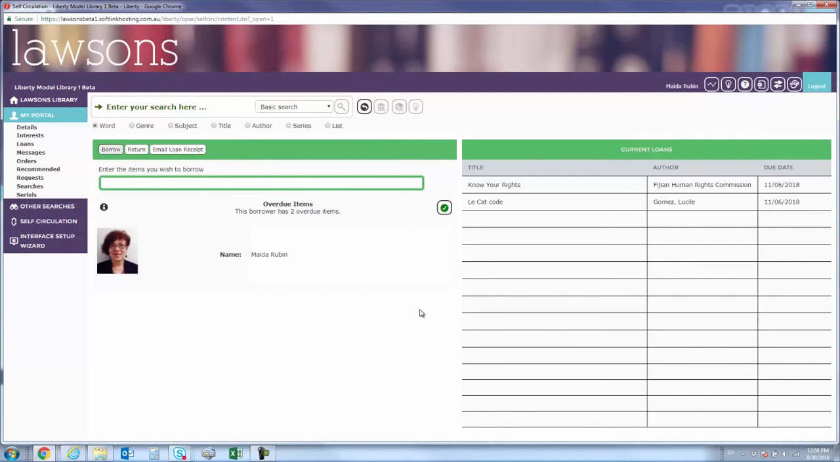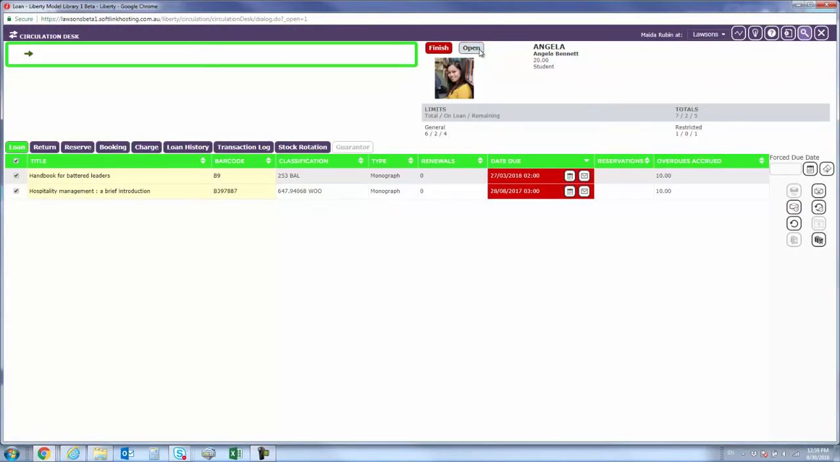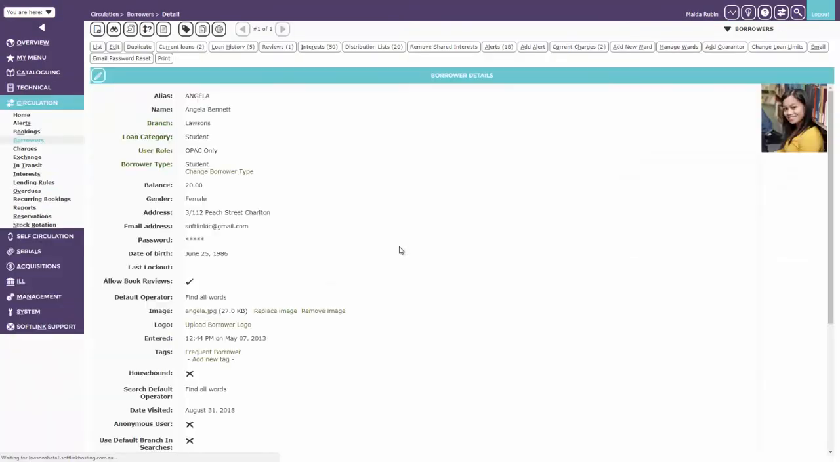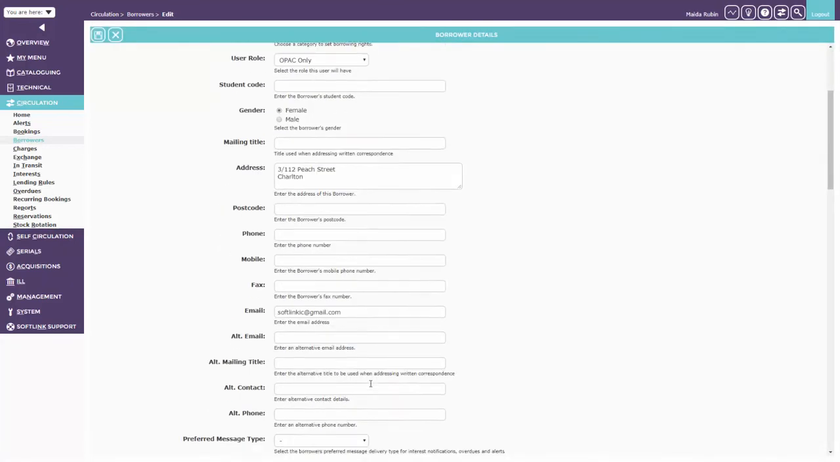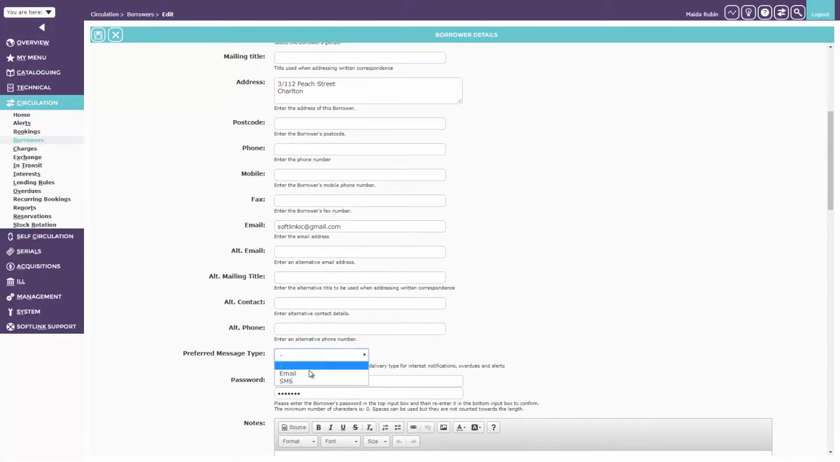If you are already using texting, SMS, to provide other circulation alerts, you can now do the same for the reservation notification. So if that is something that you would like to add, it will happen automatically. The only thing I'll just remind you of, let's go back to Angela's record. The only thing I'll remind you of is that there is a field where you need to state the preference,